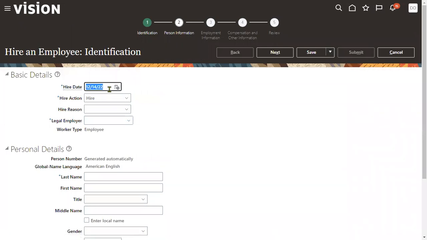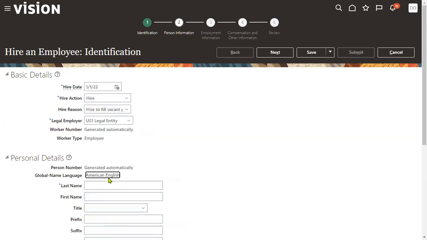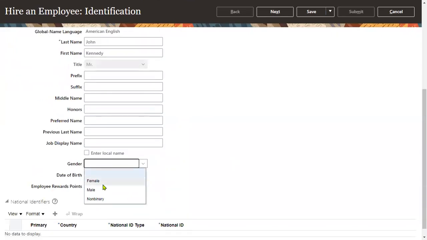Now I'm going to mention that the employee has joined our organization on 1st January 2022 for the US1 legal entity. And then the employee name is HCM. Let's take the employee name as John. We'll find those details here, date of birth